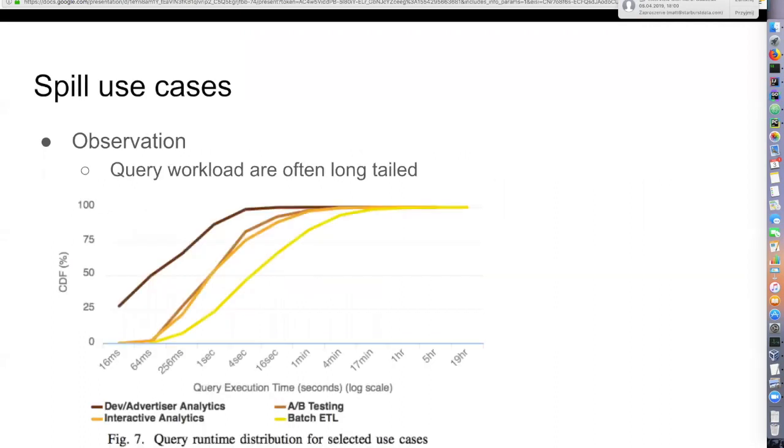However, when you have a mix of queries, let's say concurrent workloads with different kinds of operators, then spill should work nicely, because then it can revoke memory from different queries, and the granularity will be lower, and it could cope with larger query peaks. And there is one observation for how workloads look like. So often workloads